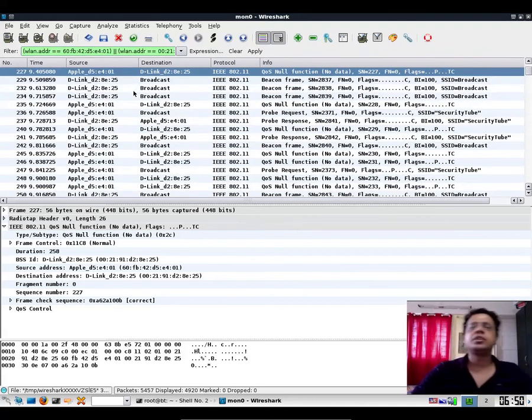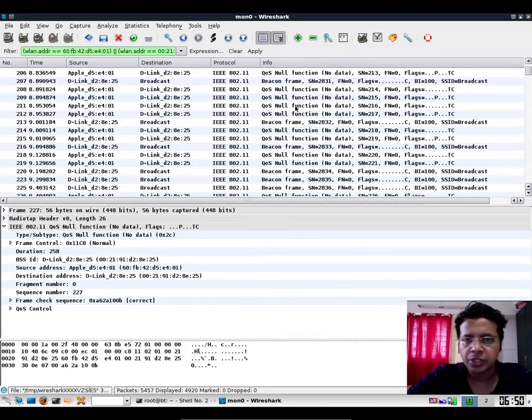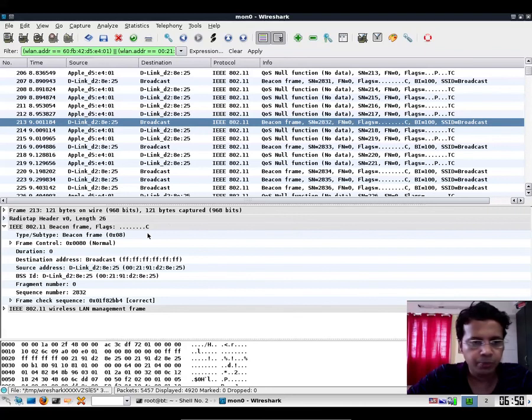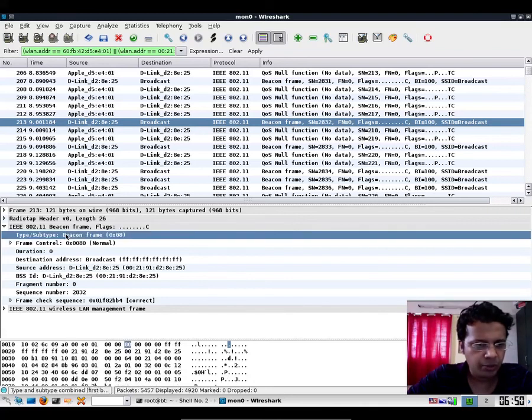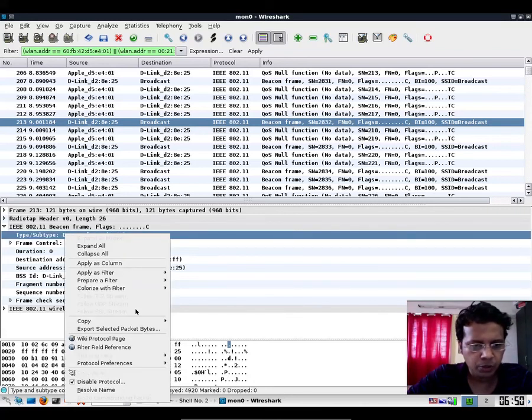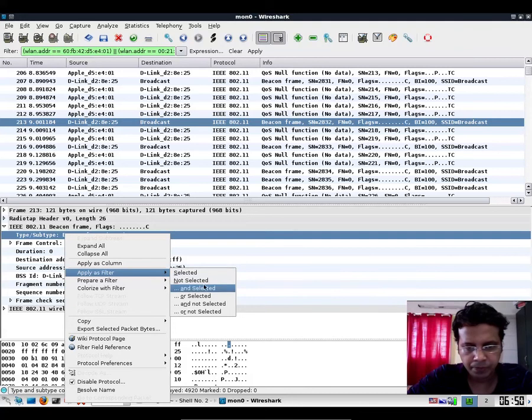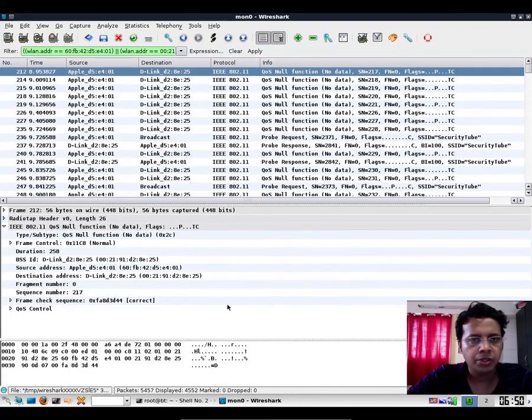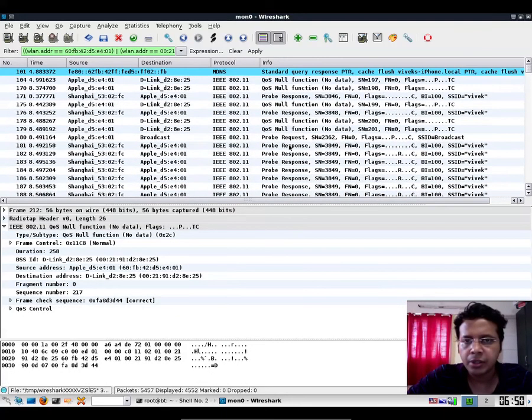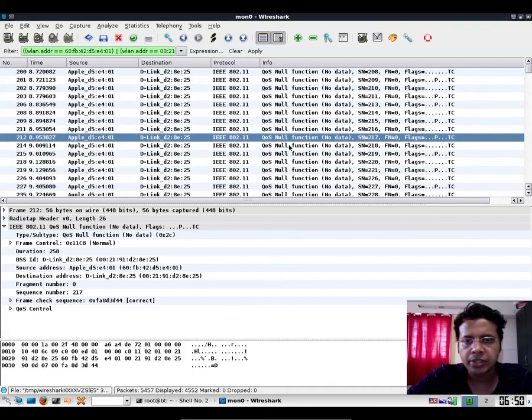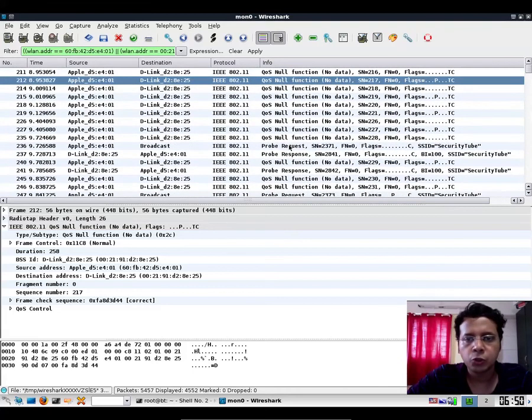Because the broadcast de-auth is just sent to the broadcast address, we would not be able to see it unless we put the OR clause. And what we really don't want is to look at the beacon frames, right? So let's put the AND not selected. And now let's actually go through the